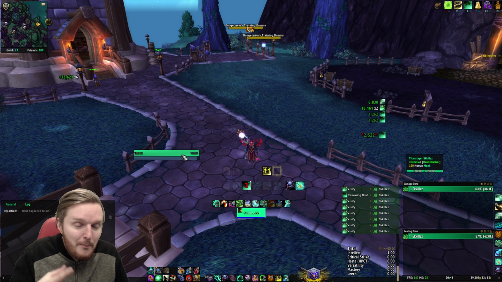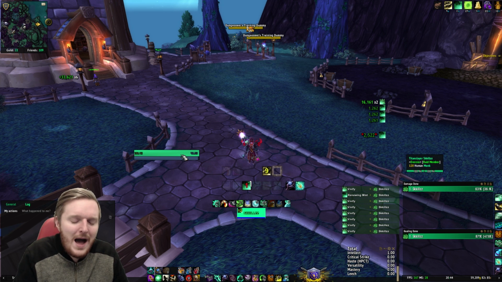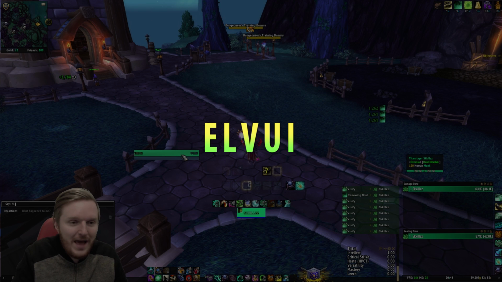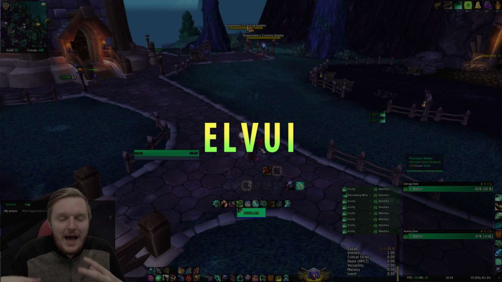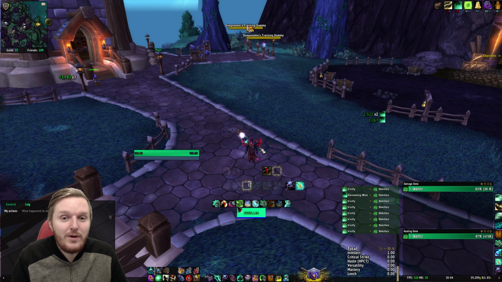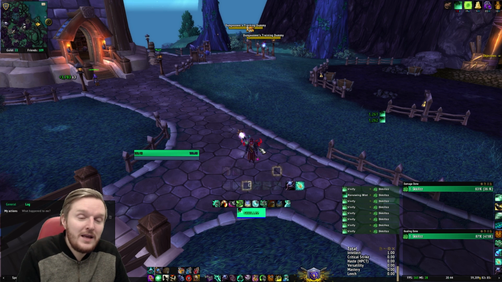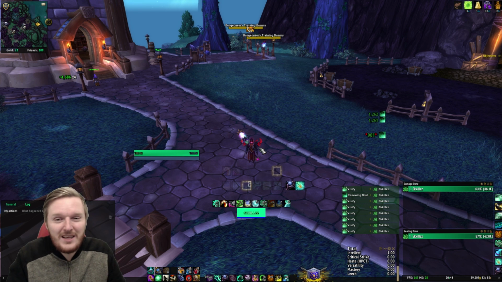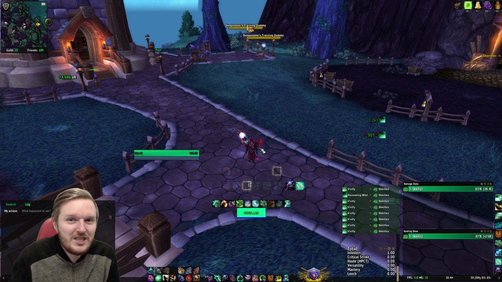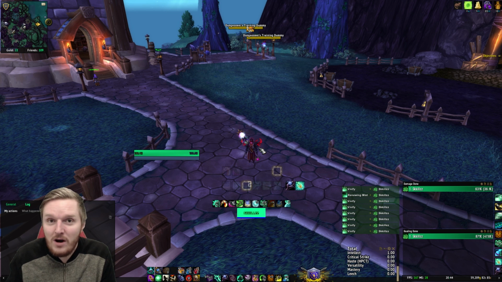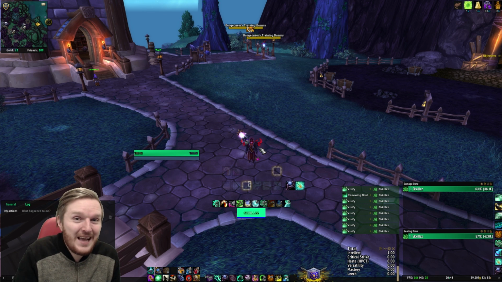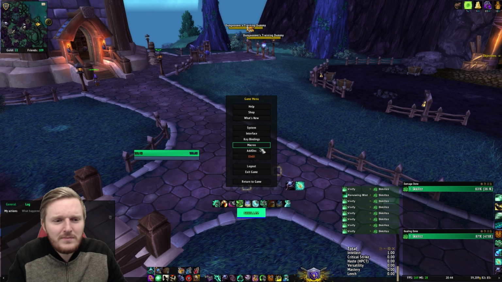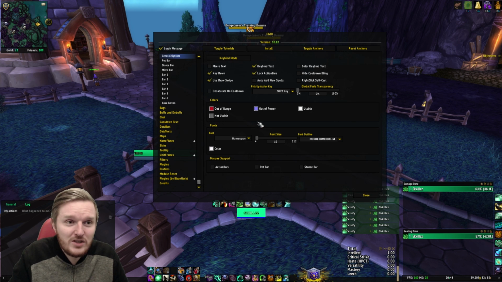Now, another big portion of the whole UI is ELV UI. Now, ELV UI is like an add-on package that almost requires, well, it actually does require a separate client to update or install your ELV UI or TUC UI, on top of the fact that probably most people are using the Twitch client where you can download add-ons automatically. The same kind of thing happens to ELV UI. And one of the reasons why ELV UI is so popular, and one of the reasons why I use ELV UI, is because